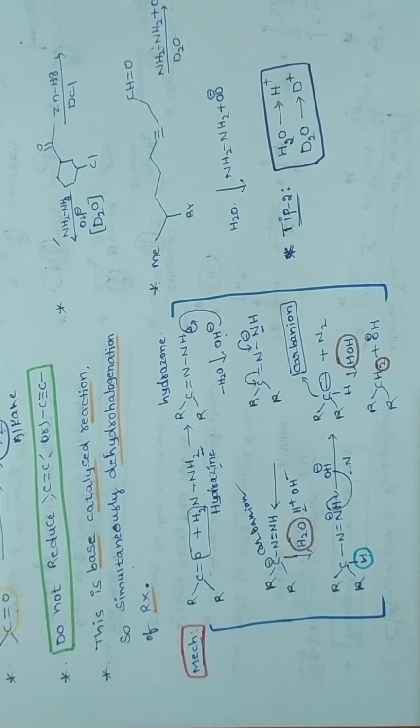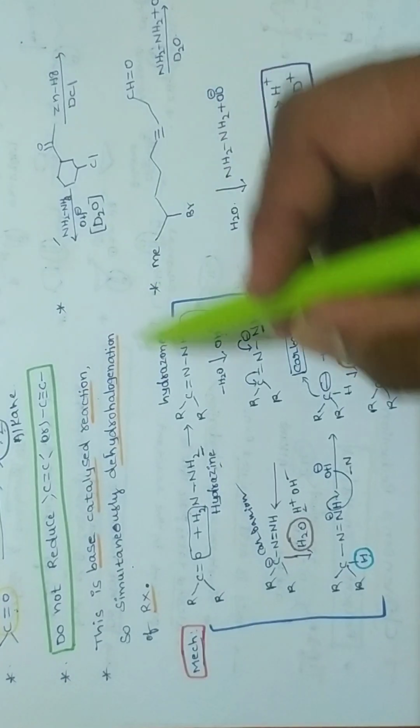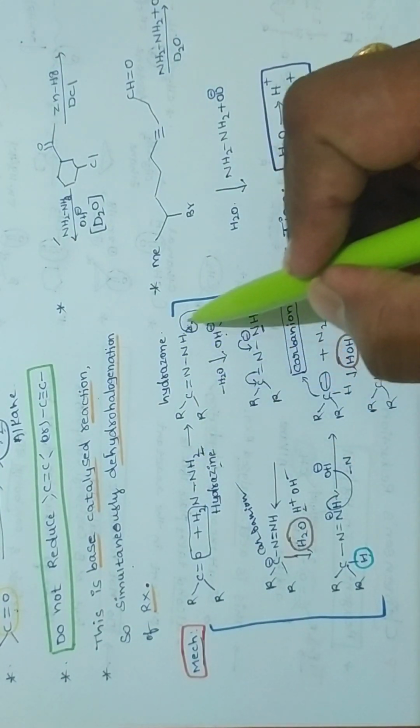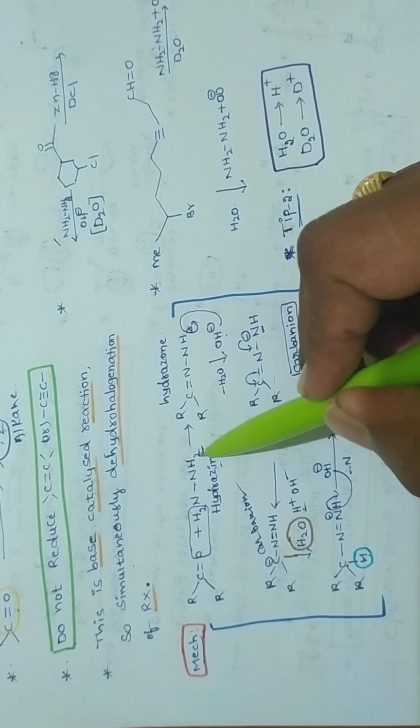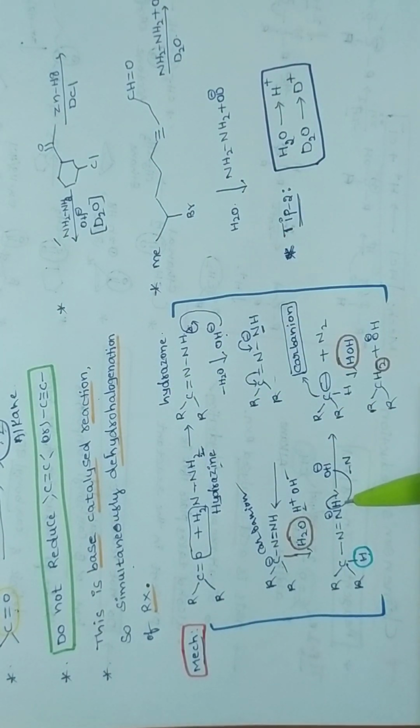Okay. Next, same mechanism one more time. Here there are two acidic hydrogens. First, one acidic hydrogen we are removing. Then we are going to get one hydrogen here. In the same way, another acidic hydrogen is there. That base abstracts another hydrogen, getting the negative charge.